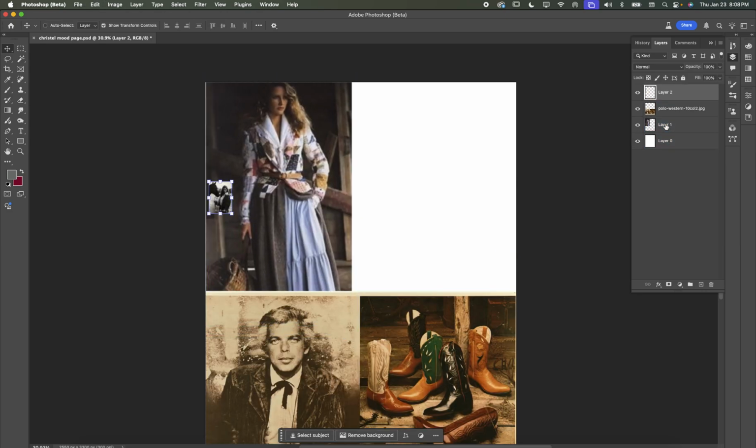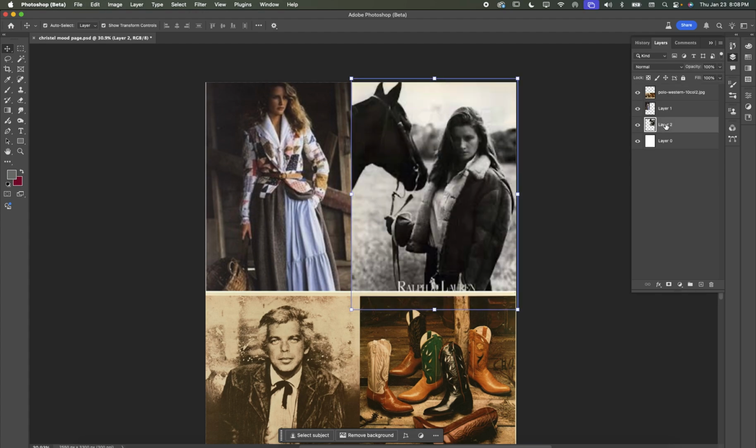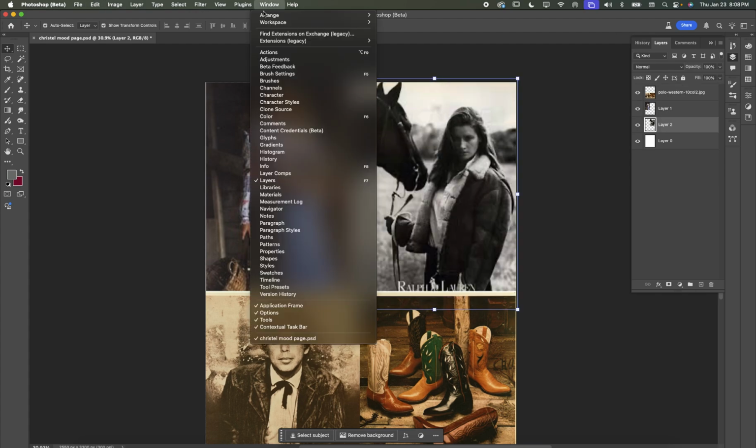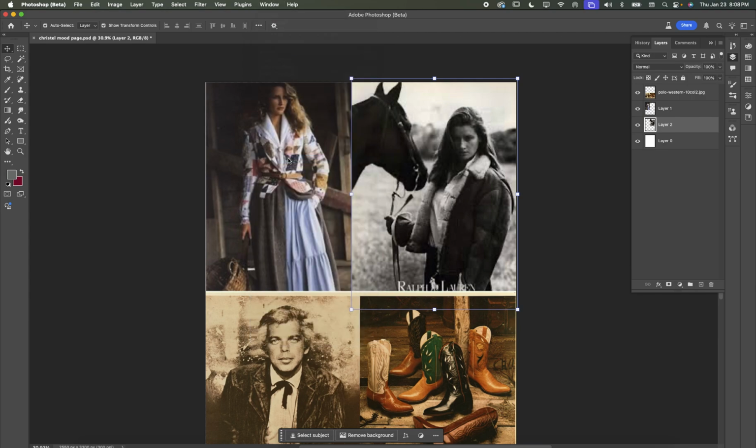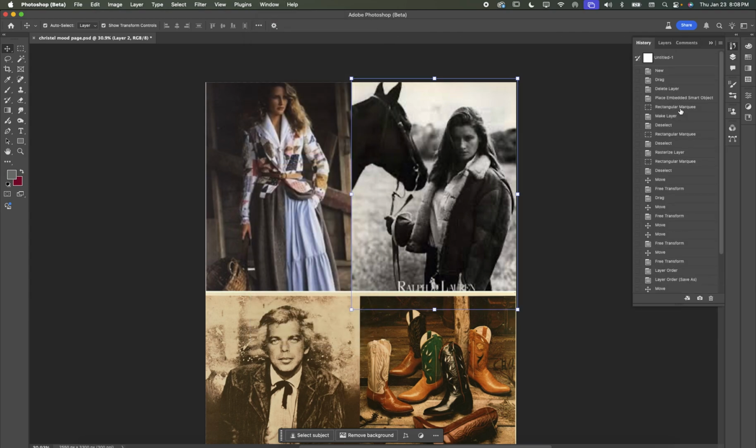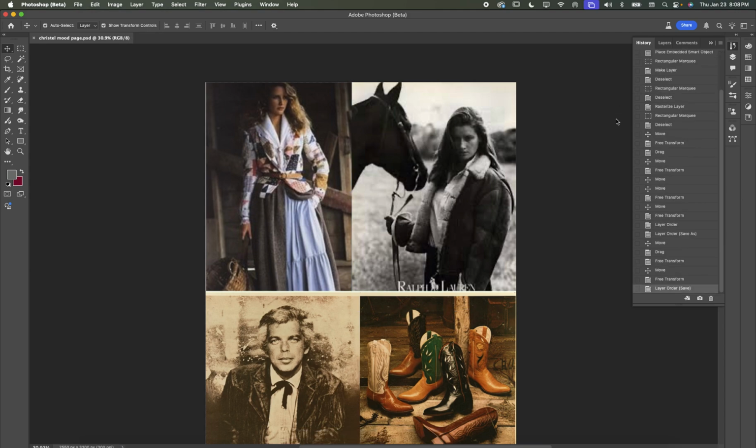Now, one thing with Photoshop: if you go to Window, you go to History, you will notice you can also see your steps. One thing with those steps, Photoshop only records about 45 steps backwards. Be very careful,